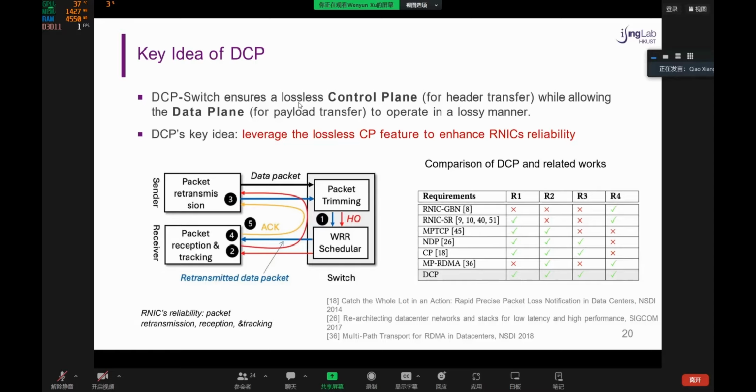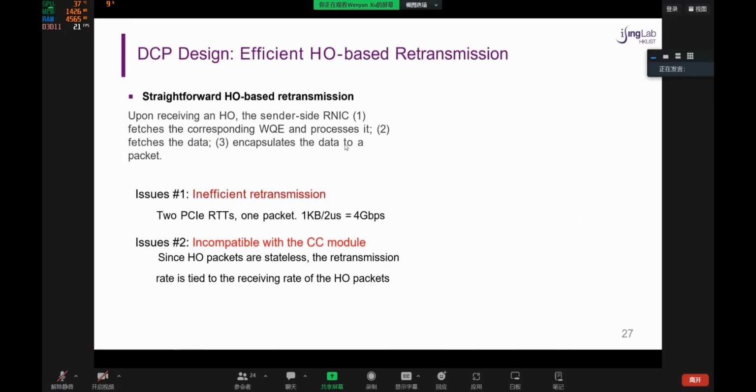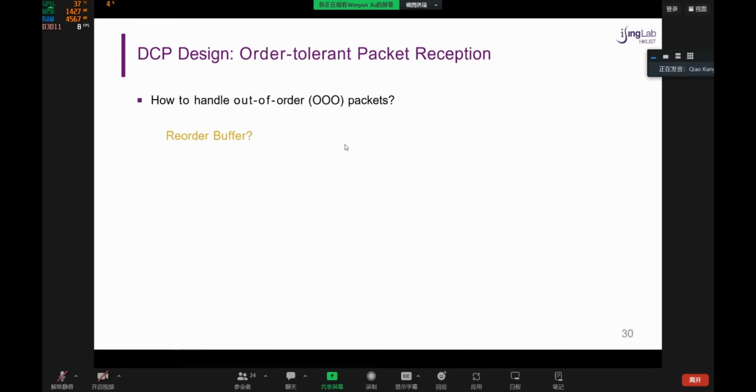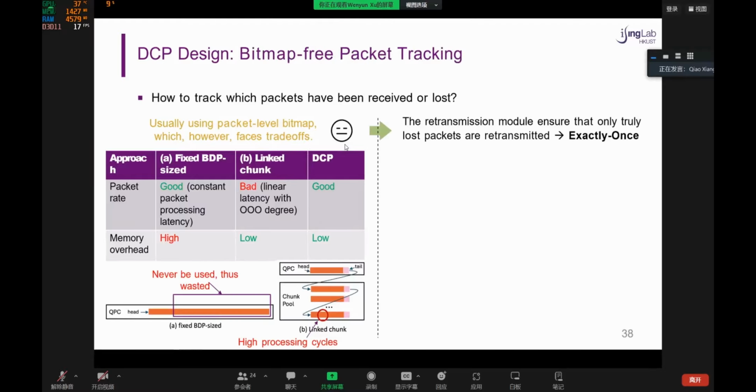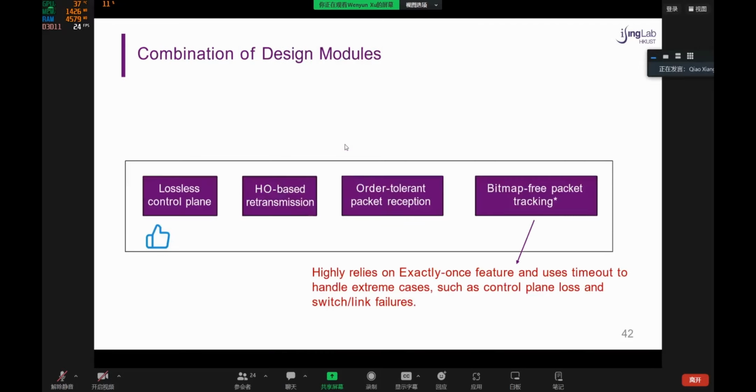Okay, cool. So my next question goes to an experiment. Basically, you evaluate DCP in an inter-data center scenario, right? It's a relatively long distance. Wenyun, can you go back to that slide in the evaluation part? Wenyun, can you hear me? Oh, yes, okay. Please wait a minute. Sure. I think it's probably slide 49 or 50 or something.